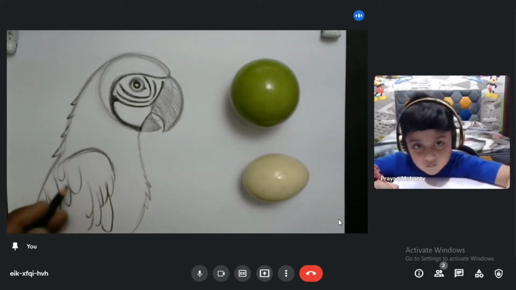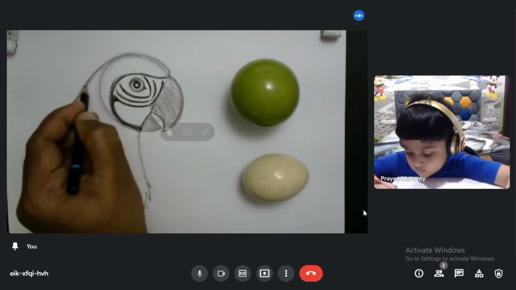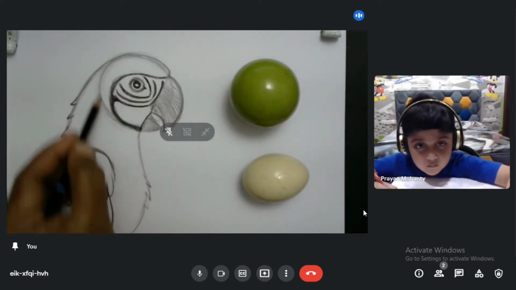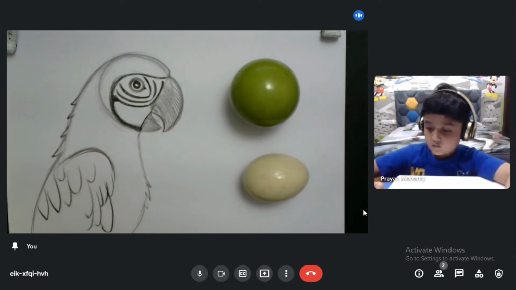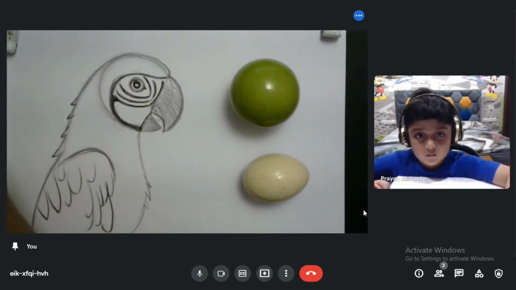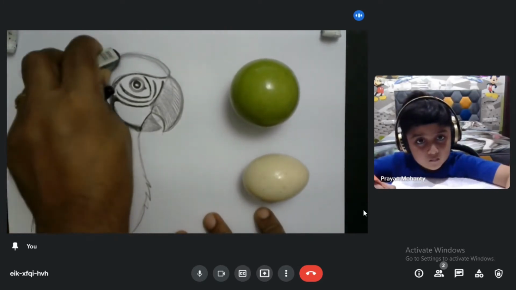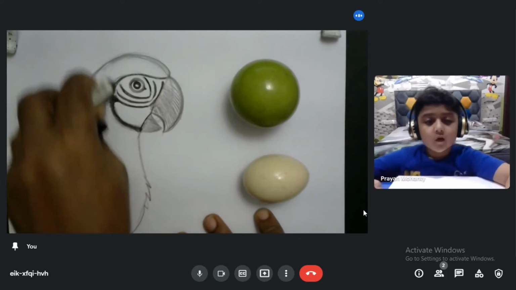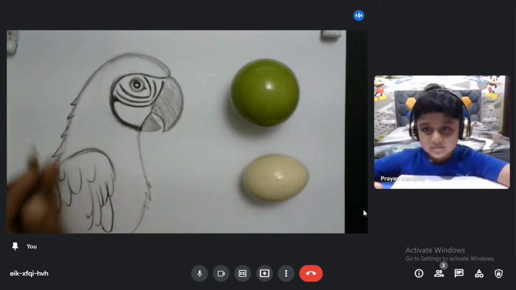I make some curve line like this. And after that, if you wish to erase the circle, you can erase. Okay, that looks good. The circle I'm using is for technique. I use this technique with the circle, that's why it's coming out nice, right? So after the drawing, you can erase the circle.